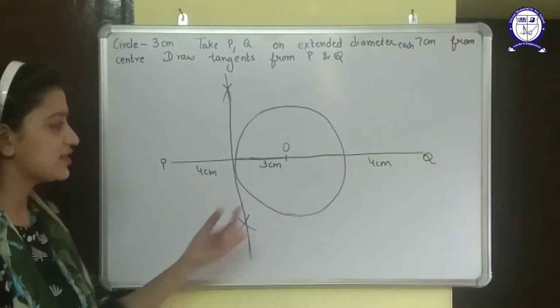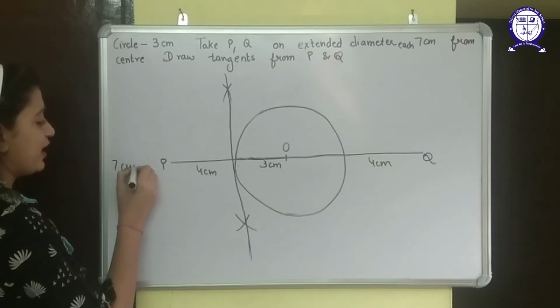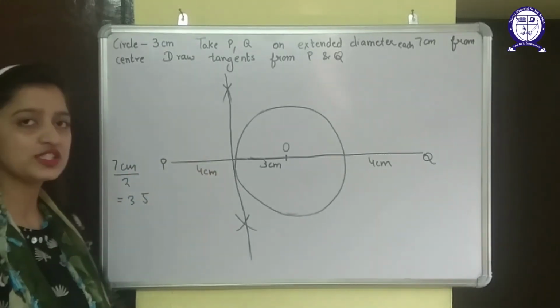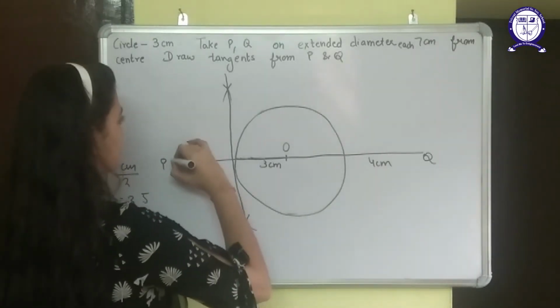Why? Because this is 3 cm and total is 7 cm. 7 cm divided by 2 is 3.5. So obviously the line will cut outside the circle. Okay. Now I will draw a circle